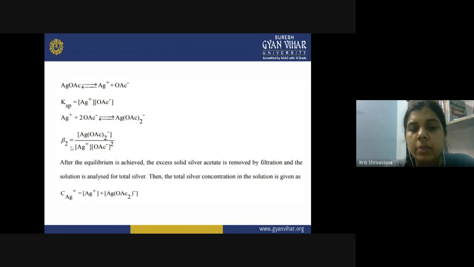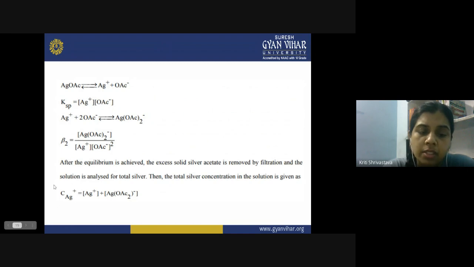So beta 2 will be equal to the concentration of the product AgOAc2 minus, divided by the concentration of the reactant. Once the equilibrium is achieved here, the excess solid silver acetate is removed by filtration, and then the solution is analyzed for total silver. Then the total silver concentration in the solution is given as: